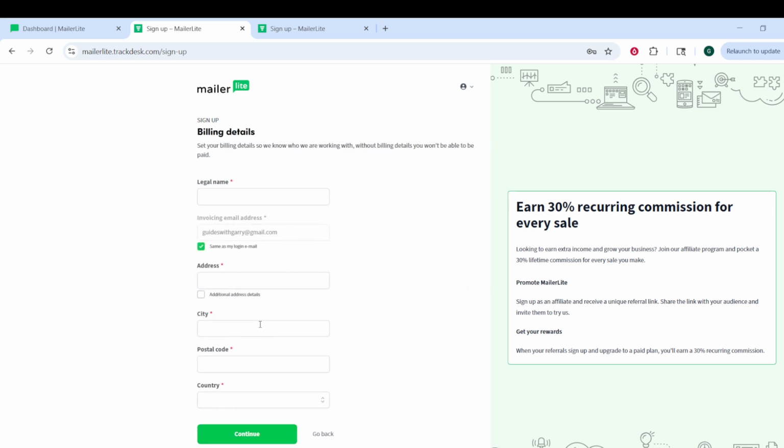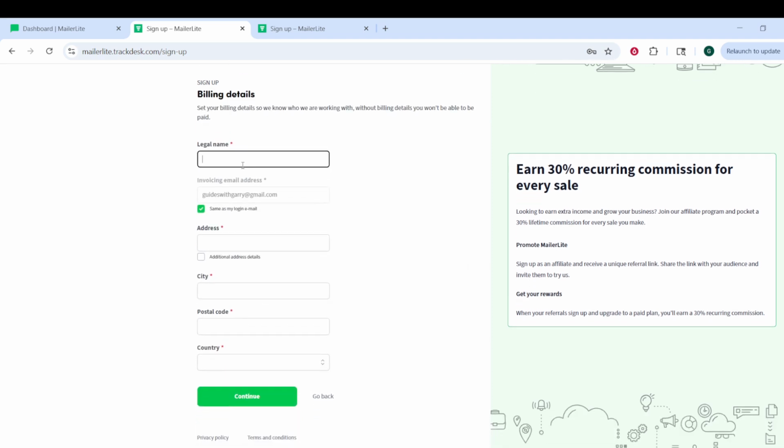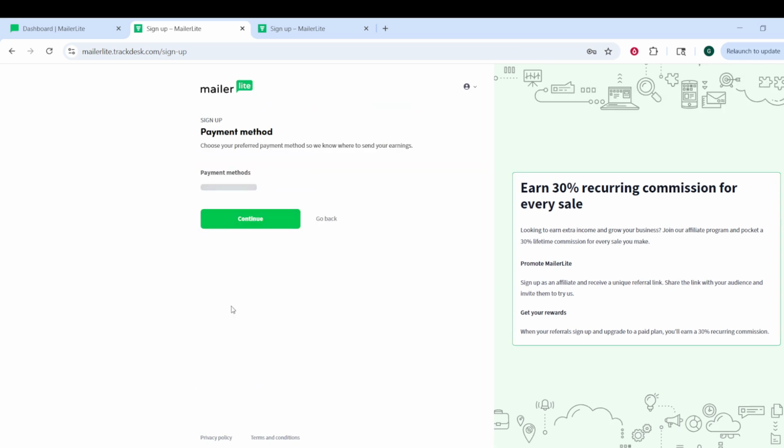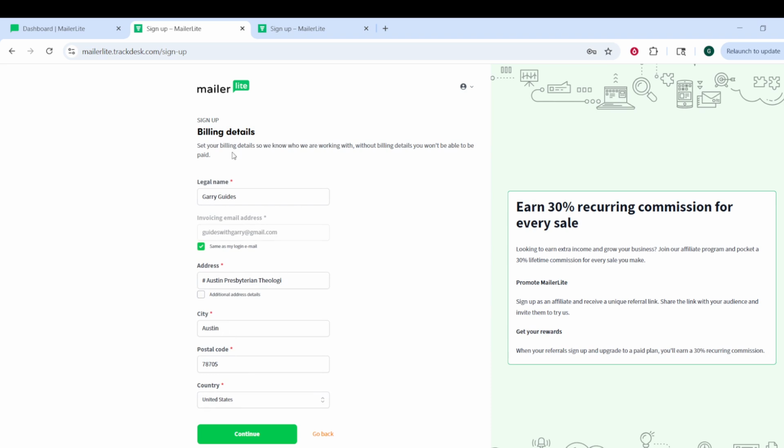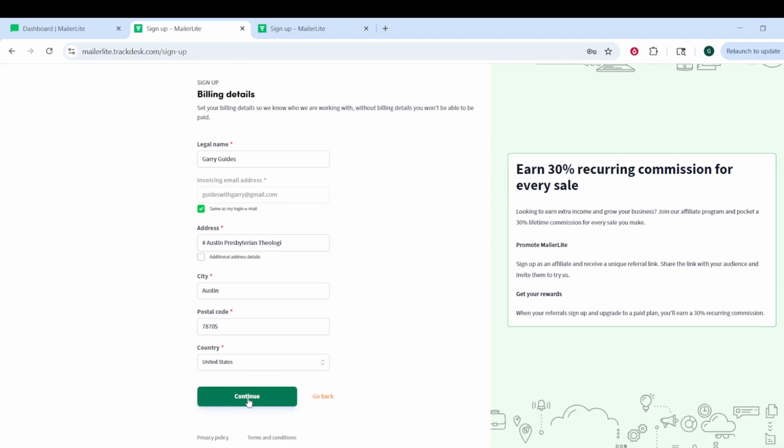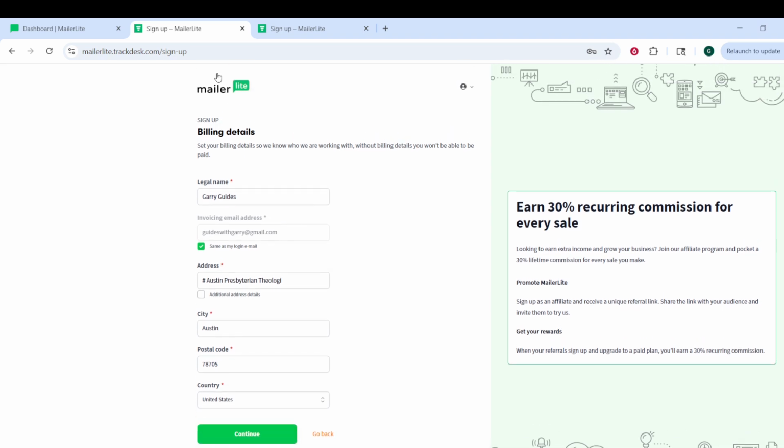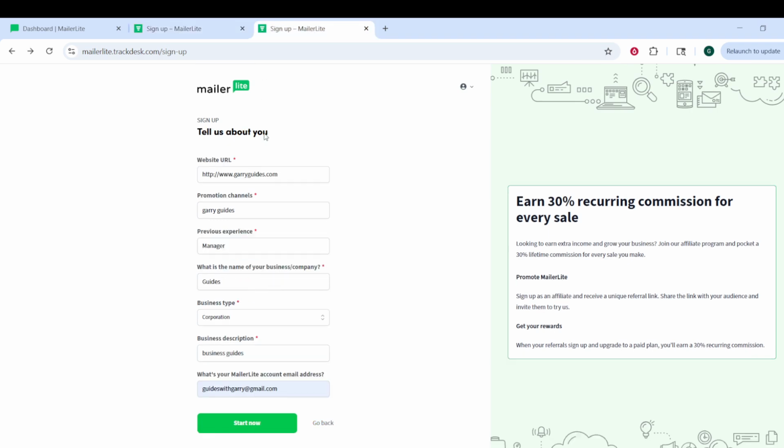Now you will need to fill out the application form with accurate details, enter the required information carefully, and make sure everything you provide is correct and up to date. If the form asks for basic contact details, business information, website information, or details about your online presence, complete each field honestly. Avoid using placeholder text or vague answers, because this can make your application look incomplete. The goal is to show Mailerlite that you are a real person or business with a clear way to promote